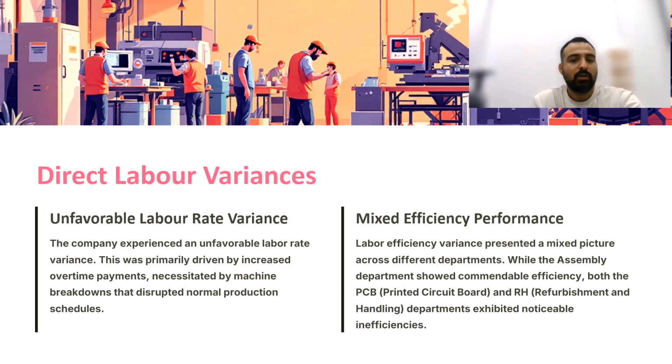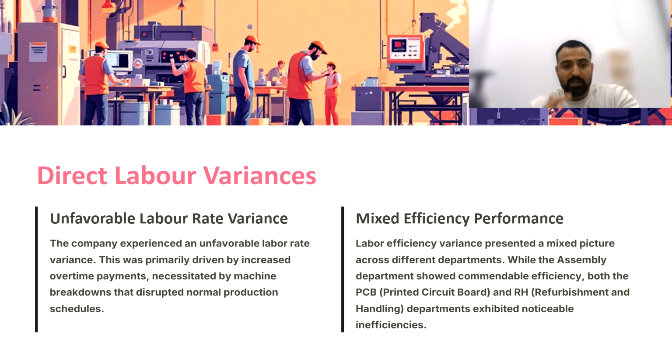Now I'll continue the remaining presentation till slide 8. First of all, let's look at the direct labor variance. The company experienced an unfavorable labor rate variance. This means the actual cost of labor was higher than expected. The main reason for this was increased overtime payments, which were required due to the machine breakdown. These breakdowns disrupted the normal production schedules and forced the company to rely on overtime work, which increases